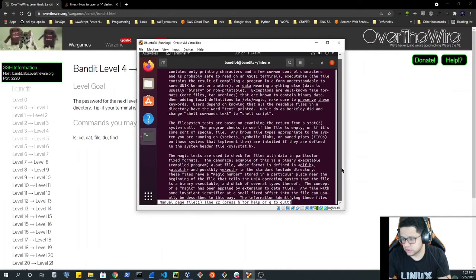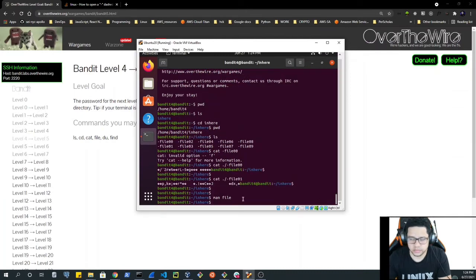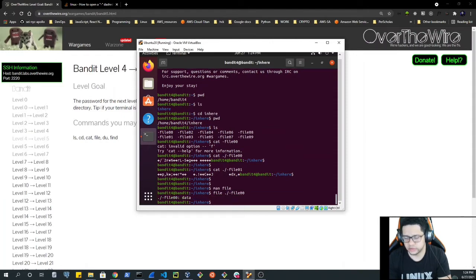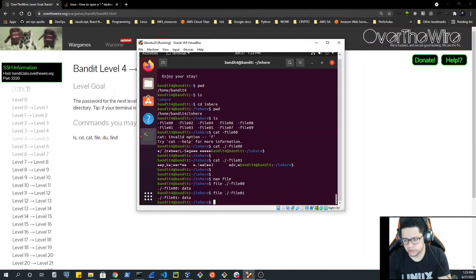If we press Q to quit, let's try to use the file command. So we do file, and we do that ./-file00, hit enter. It will give us this output, data. If we take a look at what the other ones will give us, we do 1, it also gives us data, and we already saw the outputs of this